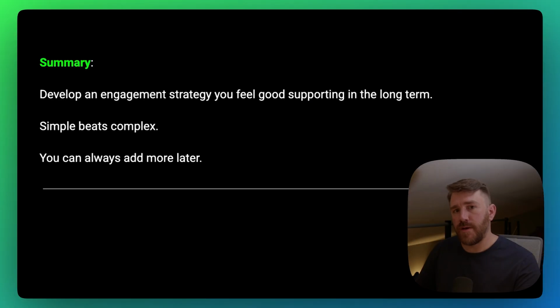So in summary, take all my suggestions for what they're worth. What you need to do is develop an engagement strategy that you feel good about and that you're confident you can support long term, because consistency is going to be key. And also, simple beats complex. It doesn't have to be this elaborate thing. Just get started, create a list. A lot of stuff that we've shared here is pretty simple, but it's effective